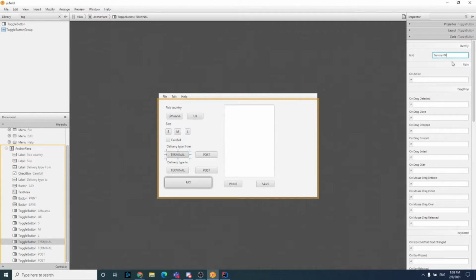terminal from, post, for example, post from, terminal, terminal to, post to, terminal post to, and payout, pay, print,